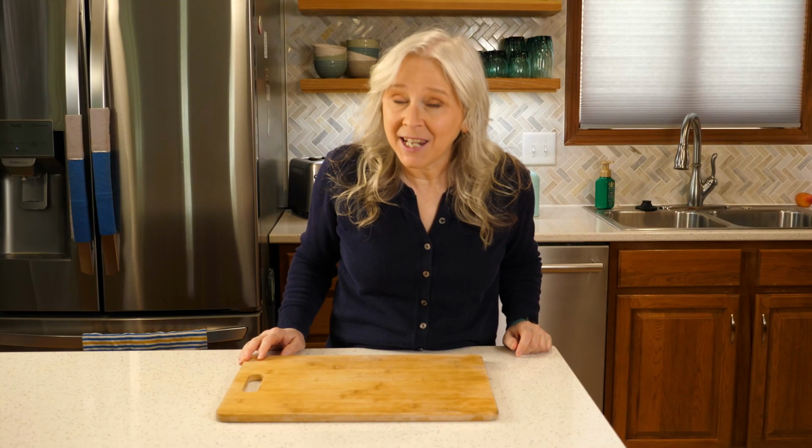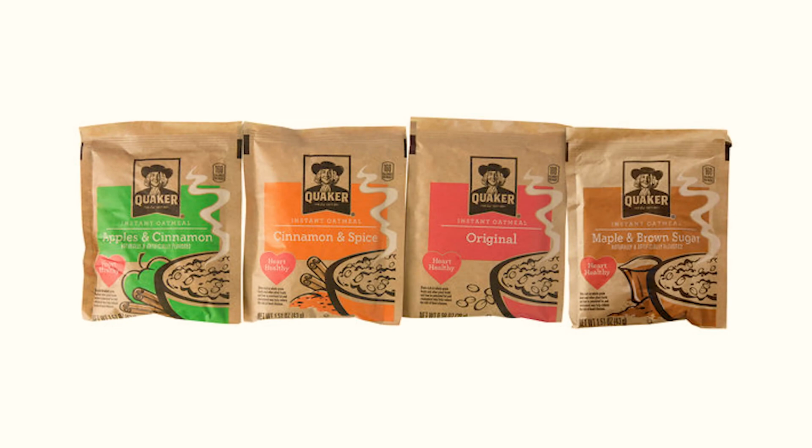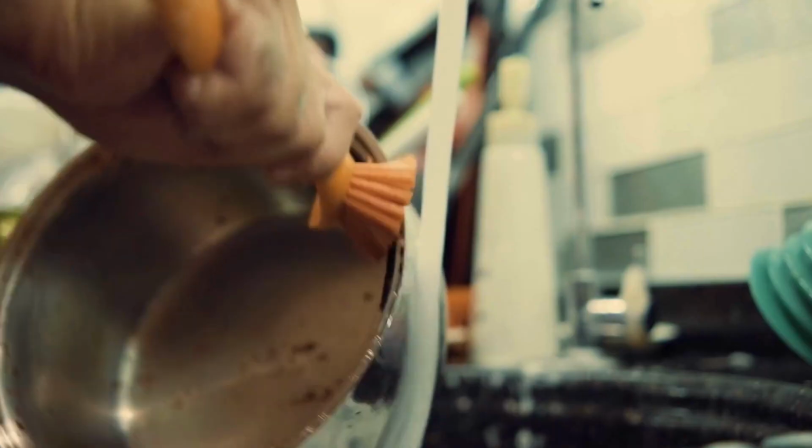I'm Stephanie, and I've been making these recipes for the last 10 years and my family still loves them. I'm going to get started with the obvious, oatmeal. But don't skip past this thinking you already know how to make oatmeal. I've learned a new trick that helps me make oatmeal quickly without the oatmeal packets and without all the dirty